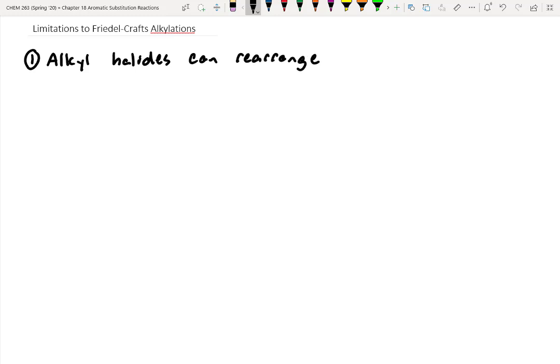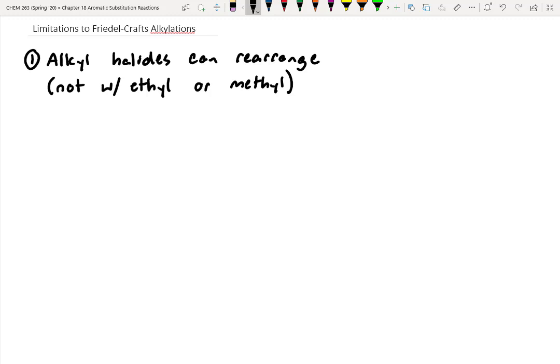It's something we need to watch out for. However, it doesn't occur all the time. So for example, it doesn't occur with an ethyl group. Like we saw in that last example, ethyl groups can't rearrange into anything more stable, or methyl groups. So those ones we don't need to worry about, but other ones, specifically primary ones, we do need to watch